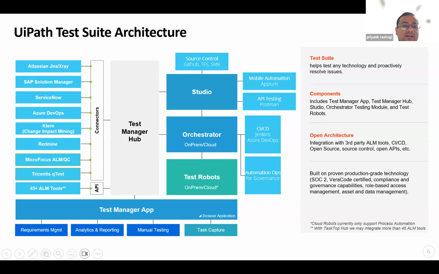The Test Manager provides more than 45 ALM tool connectors. When I say ALM, it's application lifecycle management, a tool like Jira, where the user stories can be created, and also the defects can be created. Such tracking can be created. So it's application lifecycle management. So Jira can be integrated. I'm taking one example, Jira. All the other examples you can see here: ServiceNow, Azure DevOps, and others, more than 45. So taking Jira,